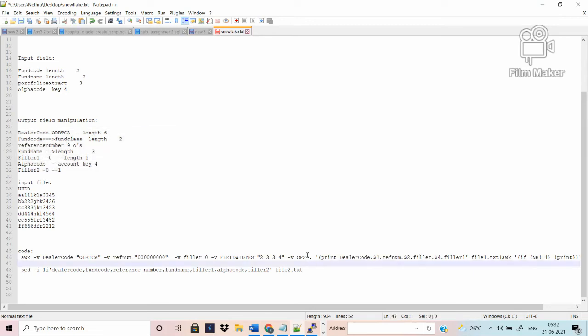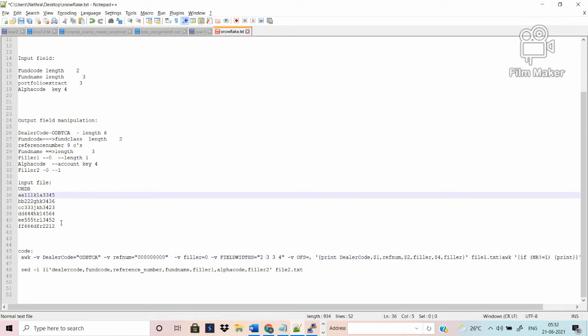This is the output field specification, also one of the variables. Since this is a fixed width file, there is no comma separation, so we apply the length: after 2 we insert a comma, after 3 we insert a comma.